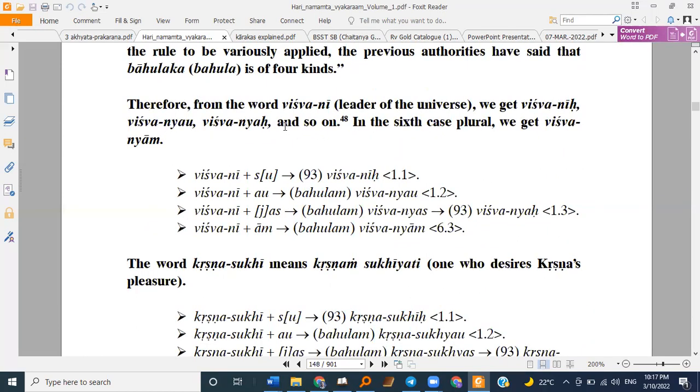Then we have another word like Vishwani, ending with Trivikrama E, leader of the universe. So Vishwani Yukta Su. So Vishnu Bhakti Siddham Vishnu Padam, and Sara Ramayor Vishnu Sargo Vishnu Padante, and we get Vishwani. Then here, because this sutra is Bahulam, and they have not applied the current sutra here, they have just done